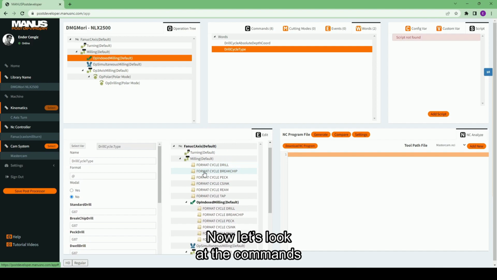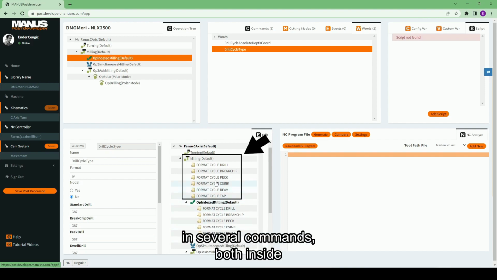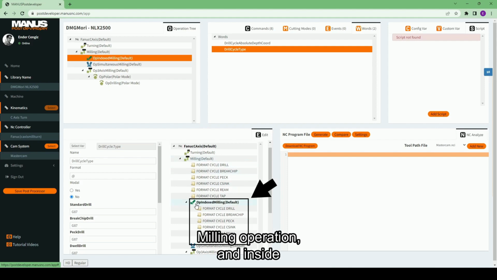Now let's look at the commands displayed in this tree. You must have wondered what these commands are used for in this tree. These commands show us in which commands this word is used. And this tree tells us that drill cycle type word is used in several commands, both inside milling operation and